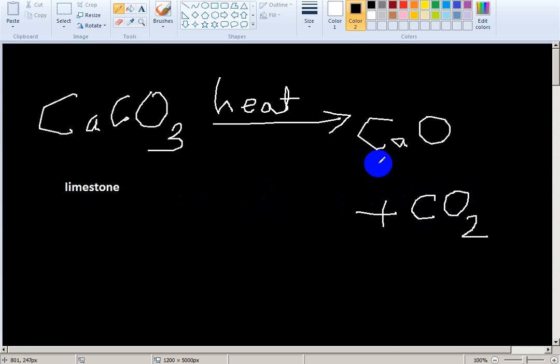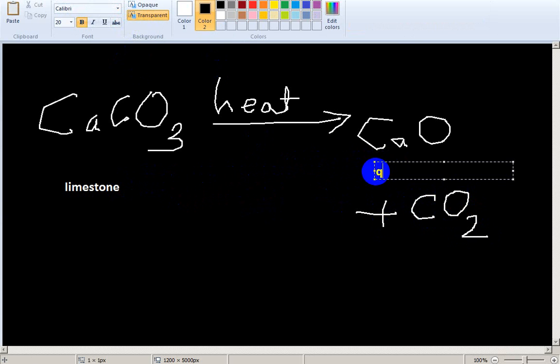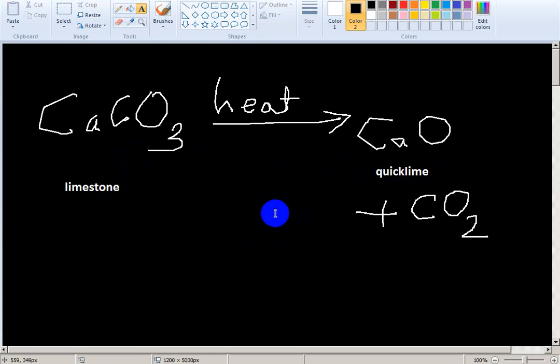How is quicklime formed? When limestone is heated, quicklime is formed. This is the quicklime. And this is the balanced reaction. Limestone forms quicklime, and